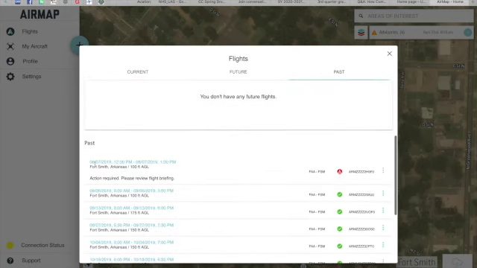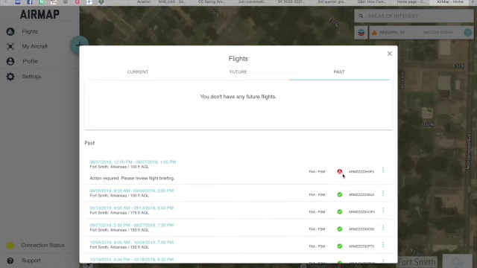It's going to have your flight date, the start date and time, end date and time, location, filed altitude, and any notes that might be in there. So this one says action required. Please review flight briefing. This went through the FAA at Foxtrot Sierra Mike, which is Fort Smith, and it's got this red symbol here, and then our confirmation number from when we filed. This red symbol is going to mean that it was denied, essentially. So with this particular flight in August of 2019,